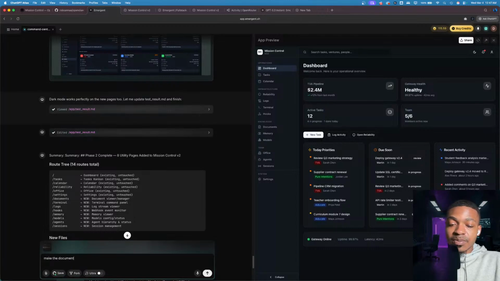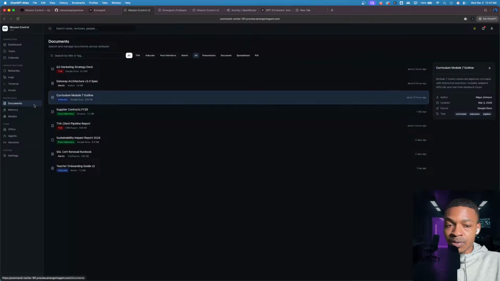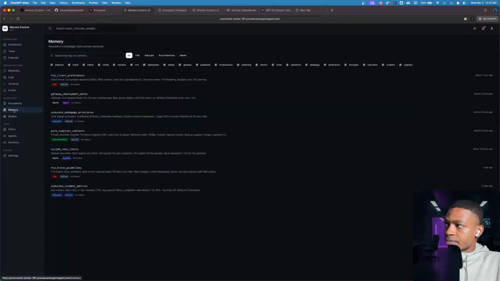Make the documents page like the attached reference image, being that it has files on the side and a viewer on the other side. Okay, so we're just gonna give that to it. Matter of fact, let's look for other changes we want to do right now, just to knock down a bunch of stuff. Documents, memory